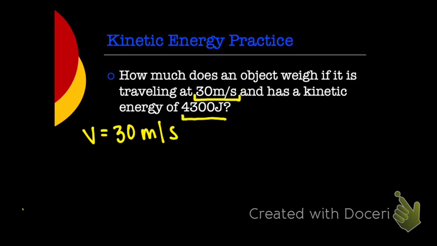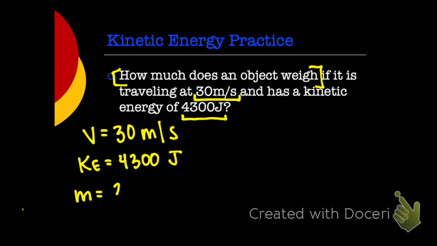And then what is this 4,300 joules? What's that equal? Kinetic energy equals 4,300 joules. Okay, so the question asks me, how much does it weigh? What variable does that mean I'm solving for? I'm solving for mass. When you get into real physics, we're going to understand there's a difference between mass and weight, but for right now, we're going to let it be. Mass is going to be our question mark. I always want you to write out that list. I think it's really important, so we can see what variable we're solving for. My question mark is mass, so that's what I'm going to solve for.